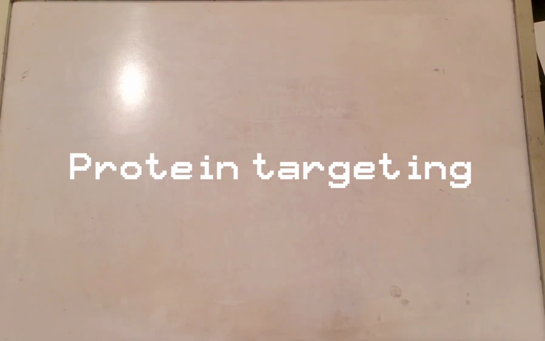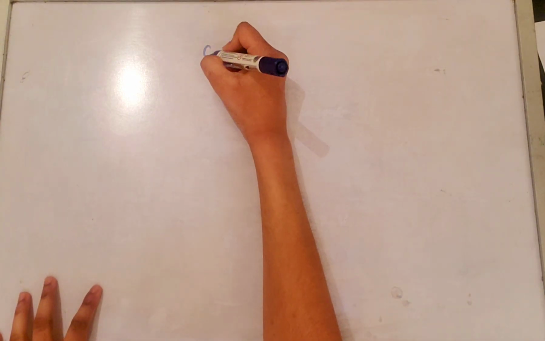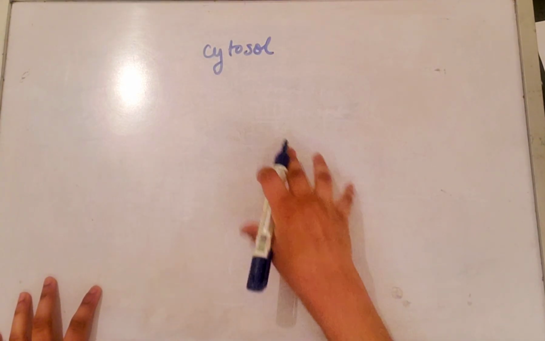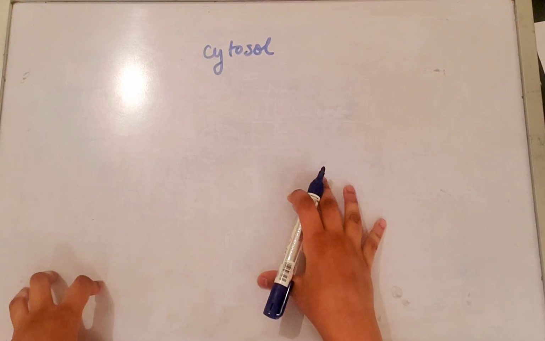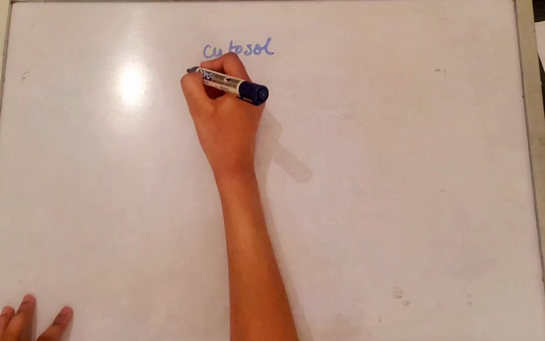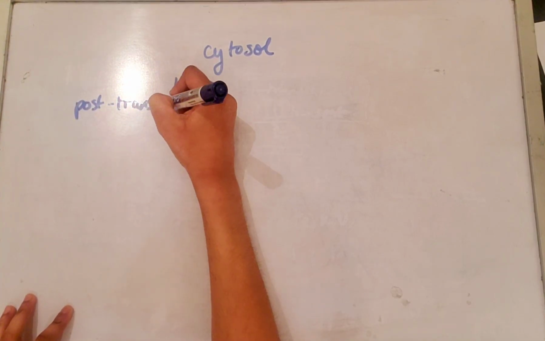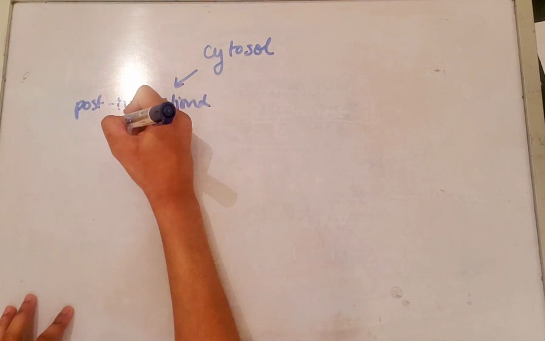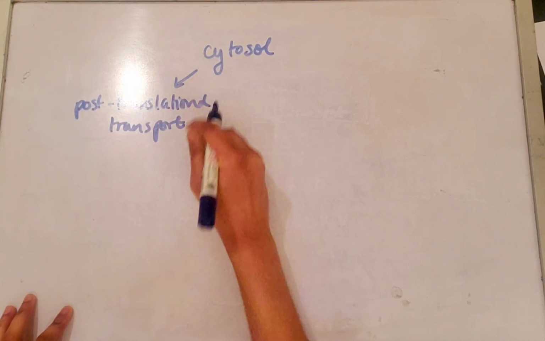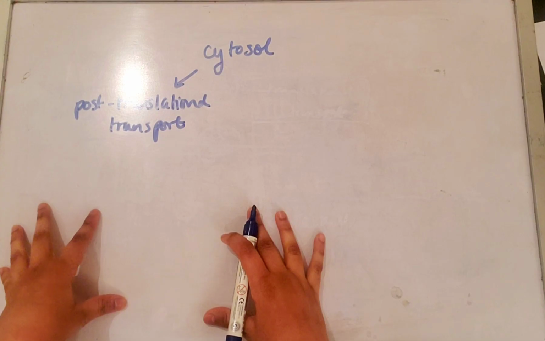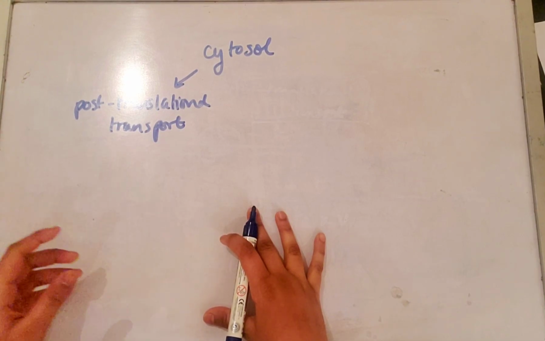Alright, so it's been a long while since I've made one of these. This one's about protein targeting, which is basically what happens to proteins: where do they end up, and how do they end up where they are. If we start off with a protein in the cytosol, there are two possible routes it can take to end up wherever it's going. We have post-translational transport,